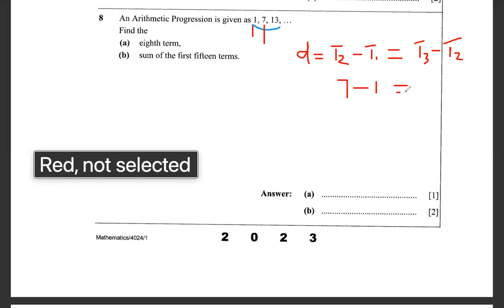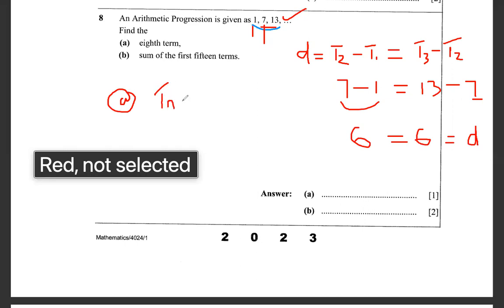We are saying the answer must be the same as T3, which is 13, minus T2, which is 7. So when you subtract these two, the answer will be 6, which is the same as 7 from 13, also 6. That's why this is called the common difference. So now finding the 8th term, we are saying Tn is equal to A plus n minus 1, and